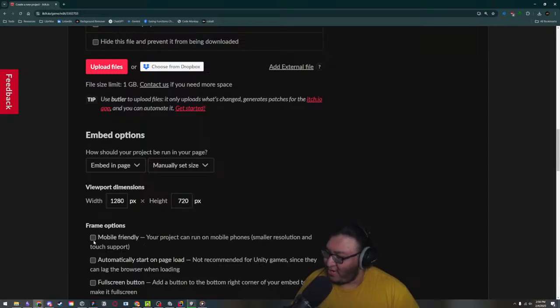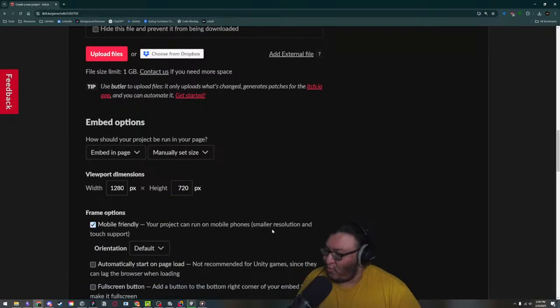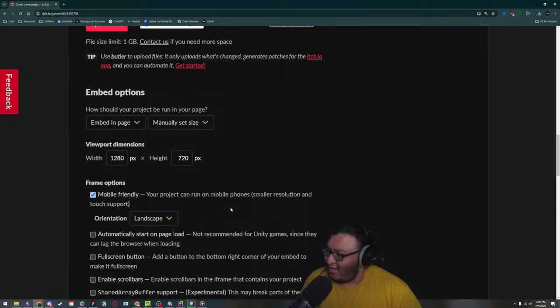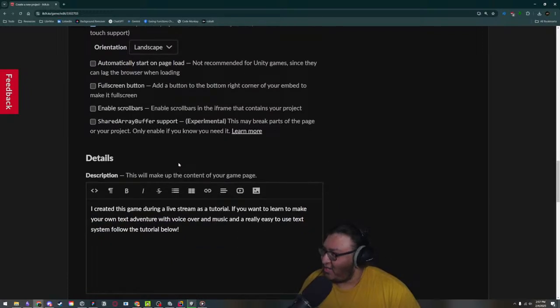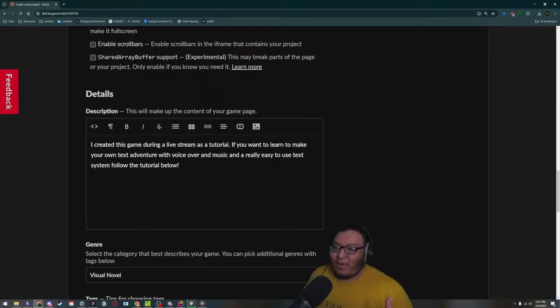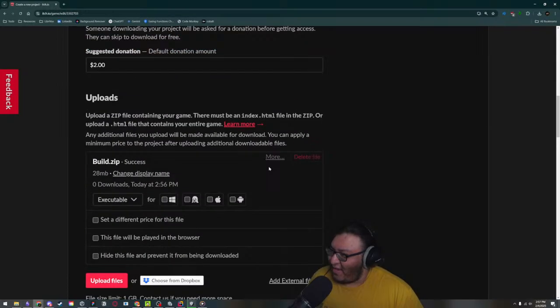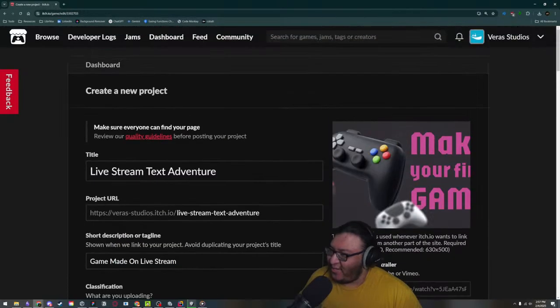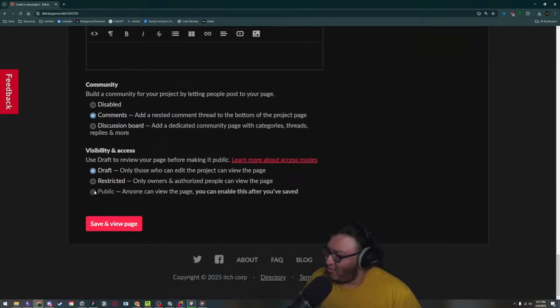And it is mobile friendly because Unity automatically with their buttons have touch input. So we don't have to worry about that. It's in landscape, not recommended for Unity games since they can lag the browser, which is fine. The full screen button, we don't want that. Even if you want people to play the game in full screen, Unity automatically adds in a little full screen button. So we don't have to add that in on itch itself. And then once we do that, we should be able to make this